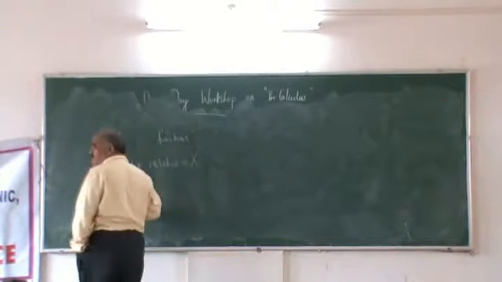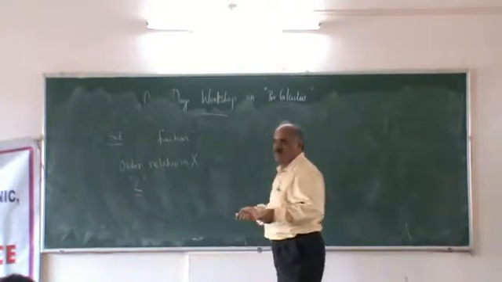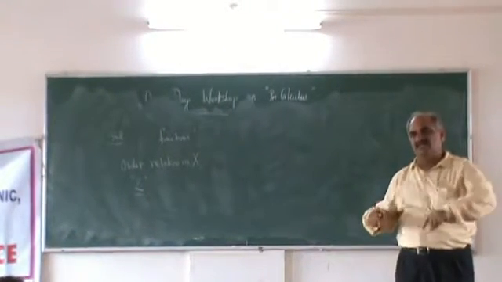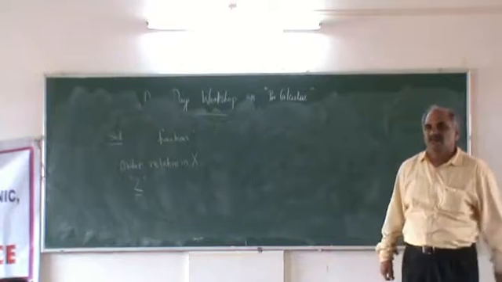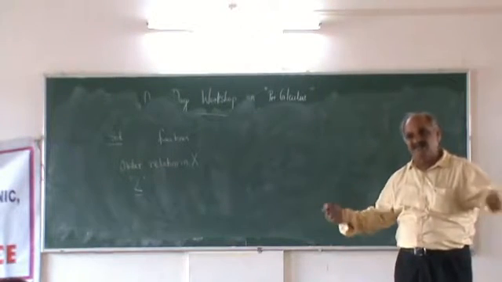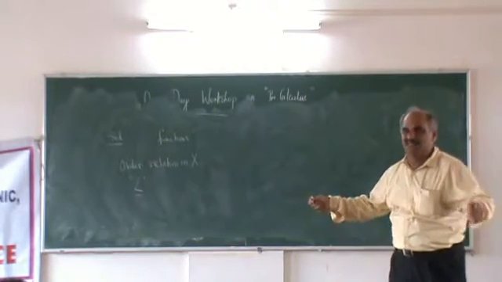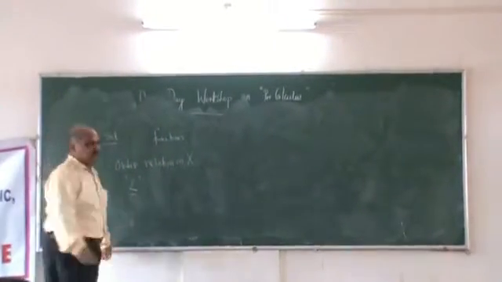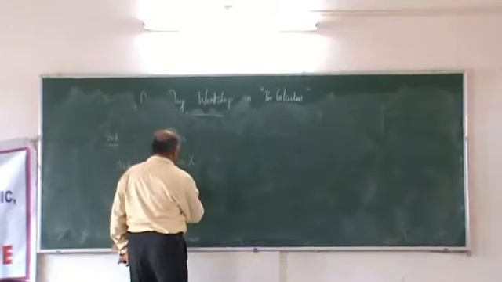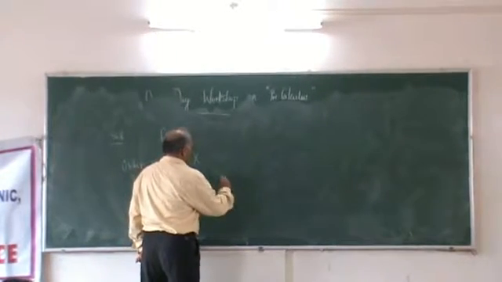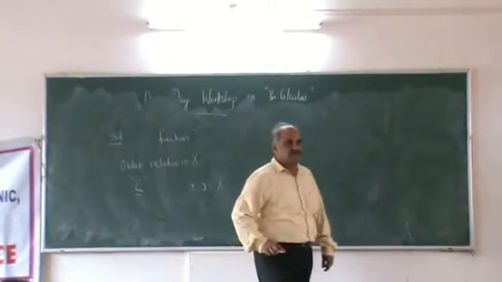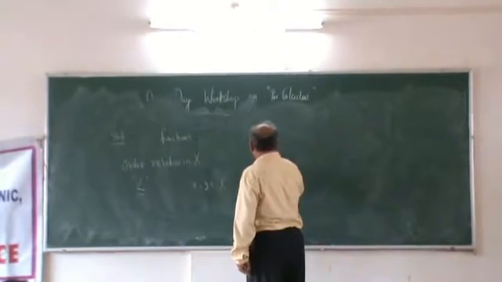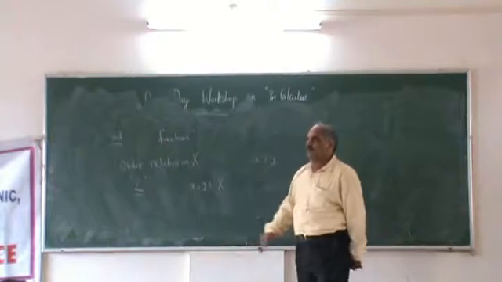I use this symbol, but it has nothing to do with comparing the usual numbers with less than or equal to. This is an abstract notation of less than or equal to. Don't give that meaning. When I say 2 is less than or equal to 3, it's not in that sense. Some relation it gives you, so that helps you to compare any two elements that you pick from X